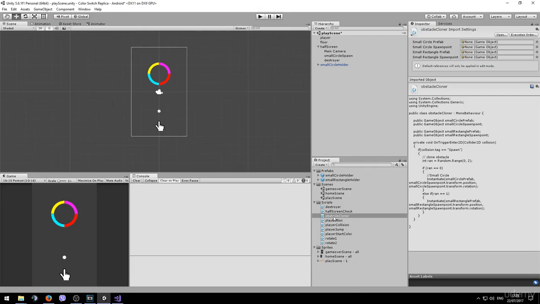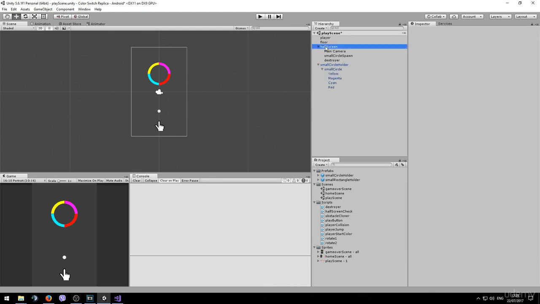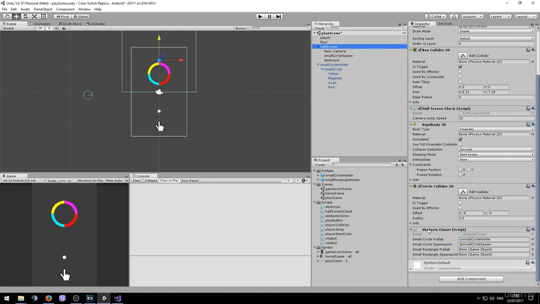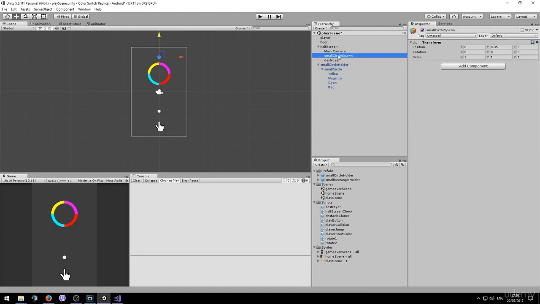We have already assigned the script to an object, but we didn't assign the new variables that we introduced. To do that, click on the half screen game object and find the script that we attached. We can see that the small rectangle prefab and the spawn point are empty. So first we'll need to create a spawn point because we don't actually have one. We can just duplicate this one